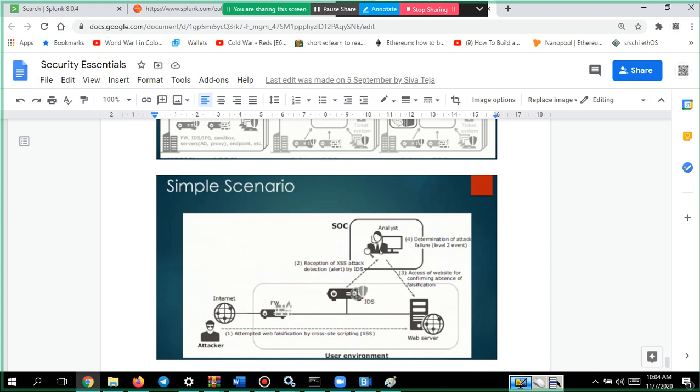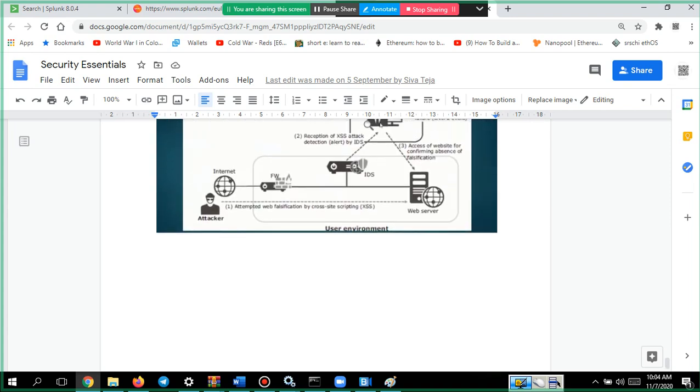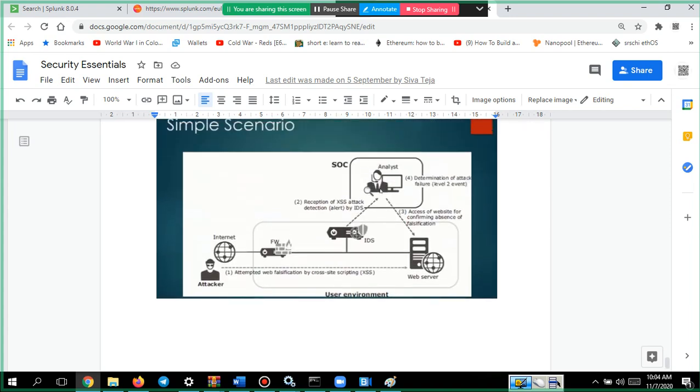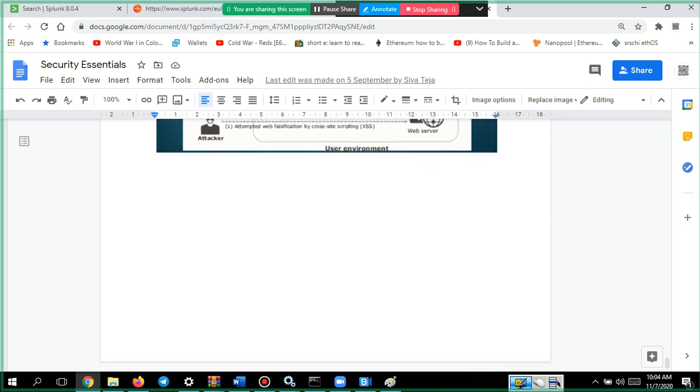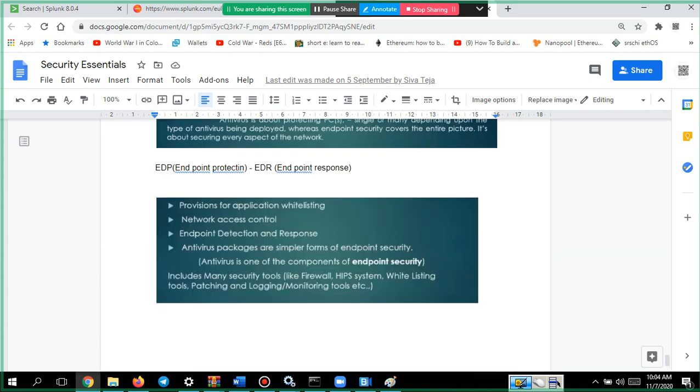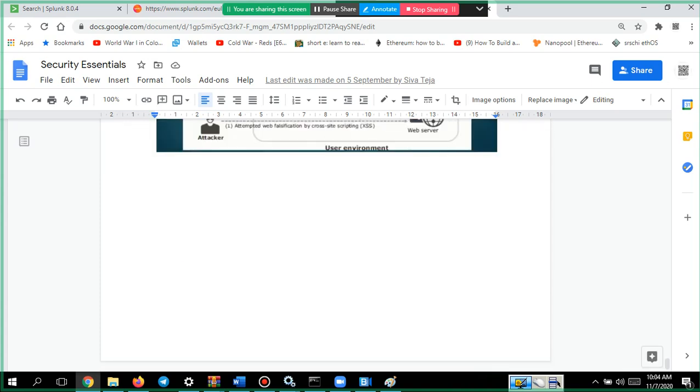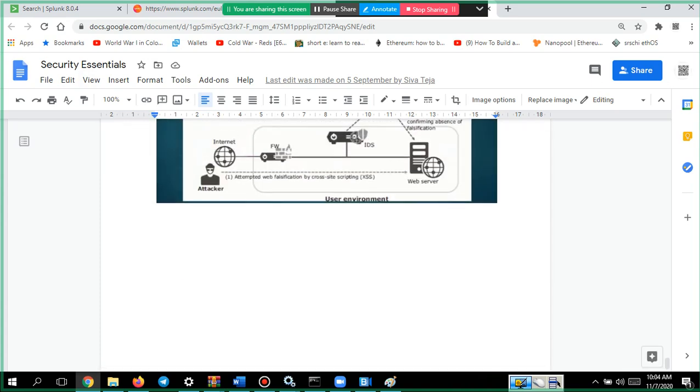Then you come to a conclusion that an attack happened, and you tell your firewall team to block that traffic from that IP. So this is, at a high level, what the SOC team does.